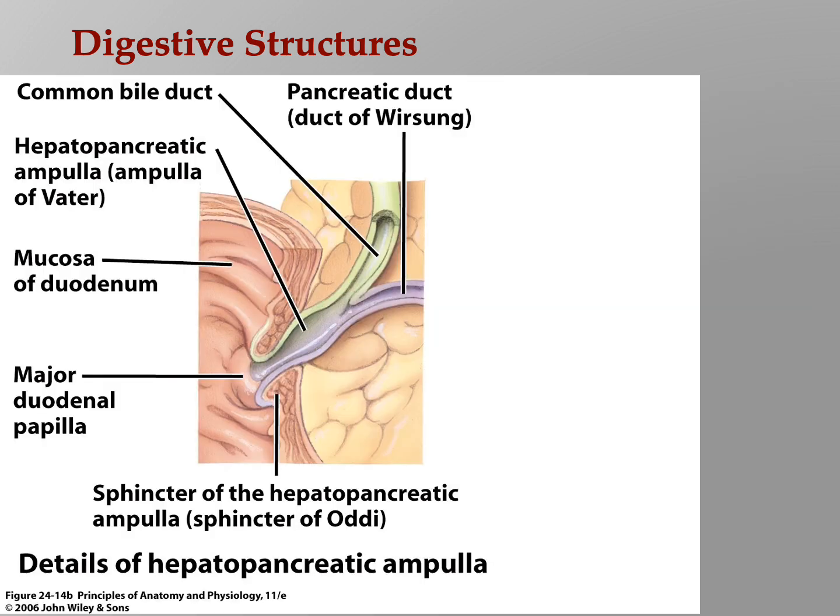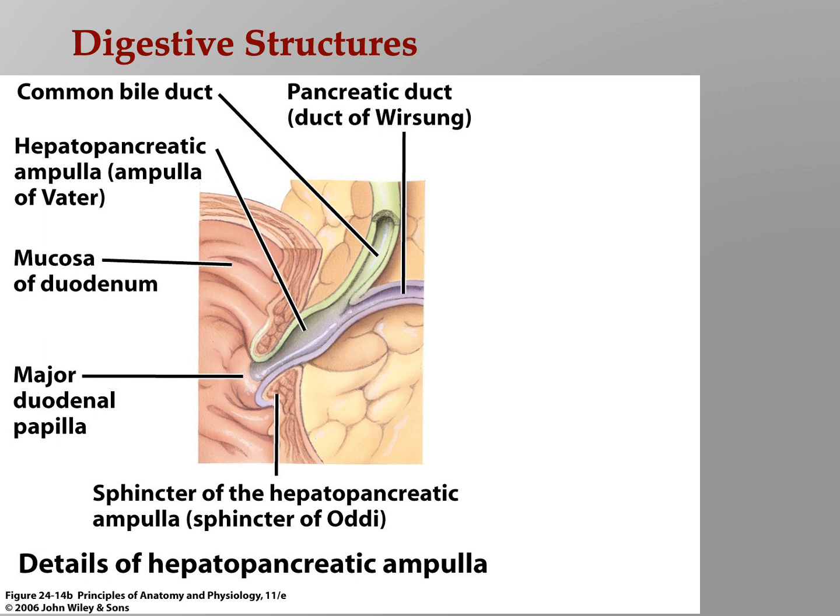So here we have what we talked about a little before. You can see the common bile duct coming down, joining the major pancreatic duct. Where they come together is the wide spot, the ampulla. Now, the ampulla has to release its contents into the duodenum, but we don't want that to happen just any old time. We only want that to happen when we need to digest food. So there's a muscle there, the sphincter of the hepatopancreatic ampulla, the sphincter of Oddi, and that's normally closed. In the presence of food, that will open up. Then the contents of the common bile duct and of the major pancreatic duct will enter the duodenum through the